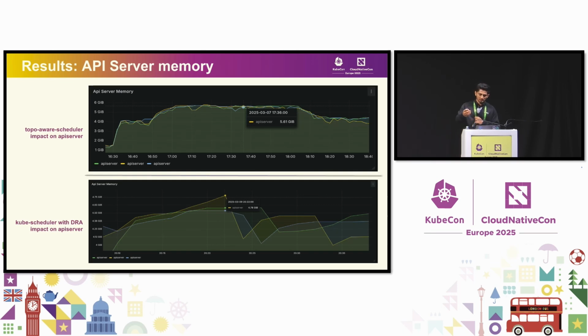So all of these three metrics gave us a good initial reading with simulation that the new DRA stack is going to be much better for us. Not just because it is going to solve conceptual problems, but also in terms of perf and scale, it will be an efficiency improvement.